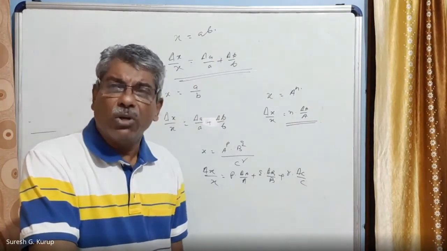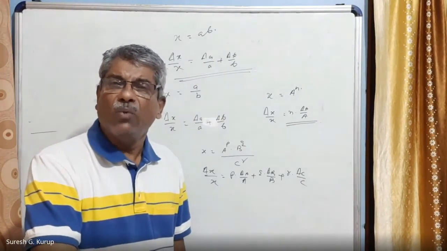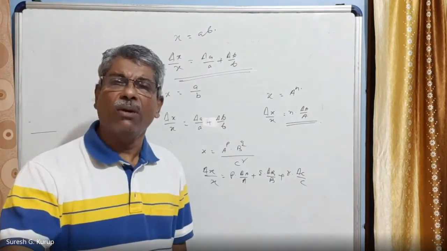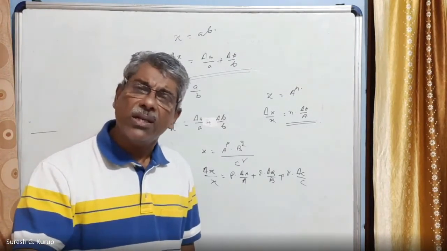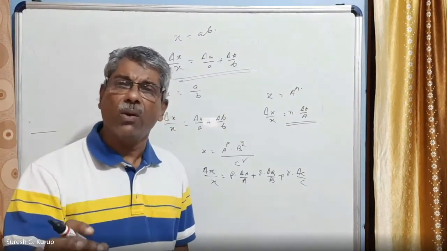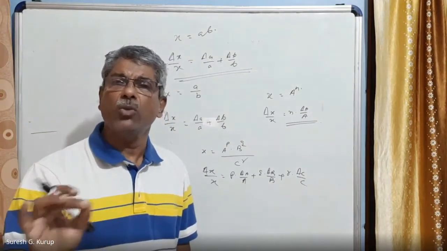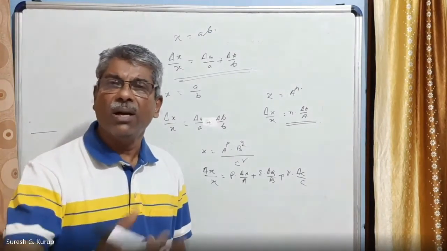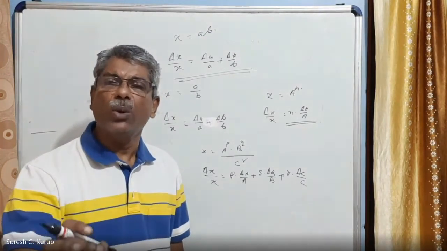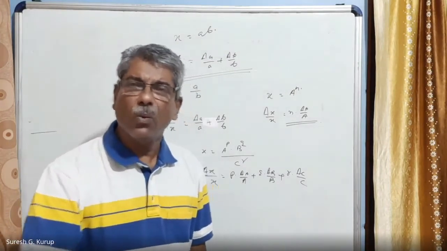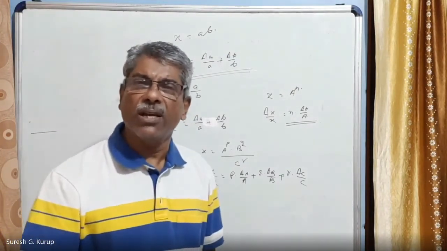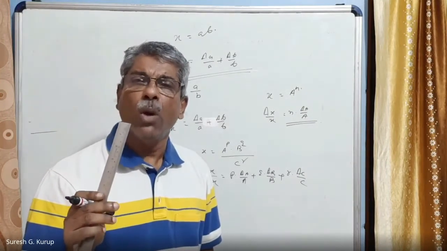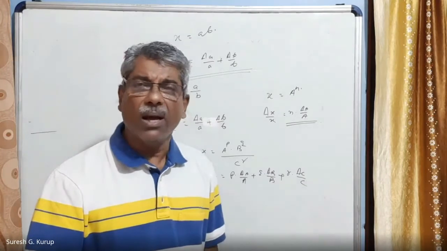Maximum absolute error that can happen when we use an instrument is equal to the least count of the instrument. What is the least count of the instrument? The least distance or the least value of the physical quantity that can be measured with the instrument is called the least count of the instrument. For example, a clock has a least count equal to 1 second. Am I correct? For a meter scale, the least count is equal to 1 millimeter because this scale can measure at the minimum 1 millimeter distance. Am I correct?